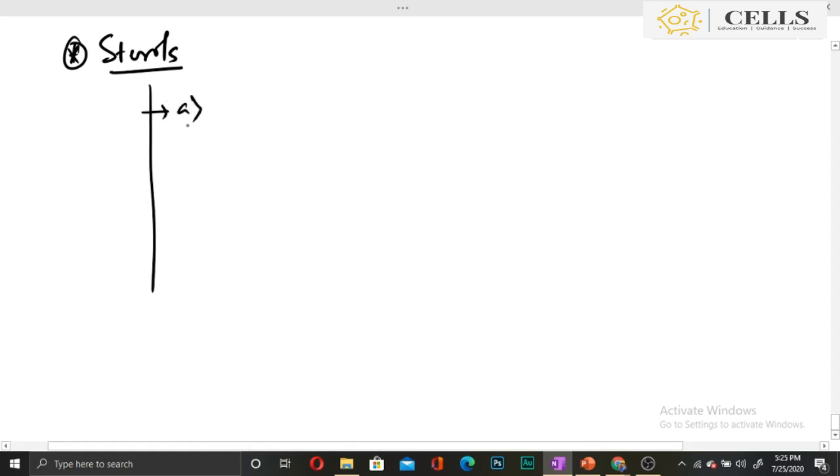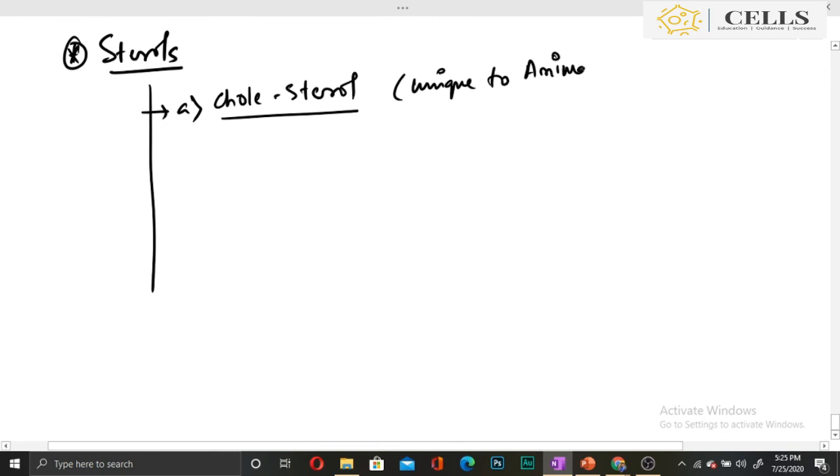A, cholesterol. This is unique to animals. But there are other kinds of sterols also, like brassicasterol, like sitosterol,